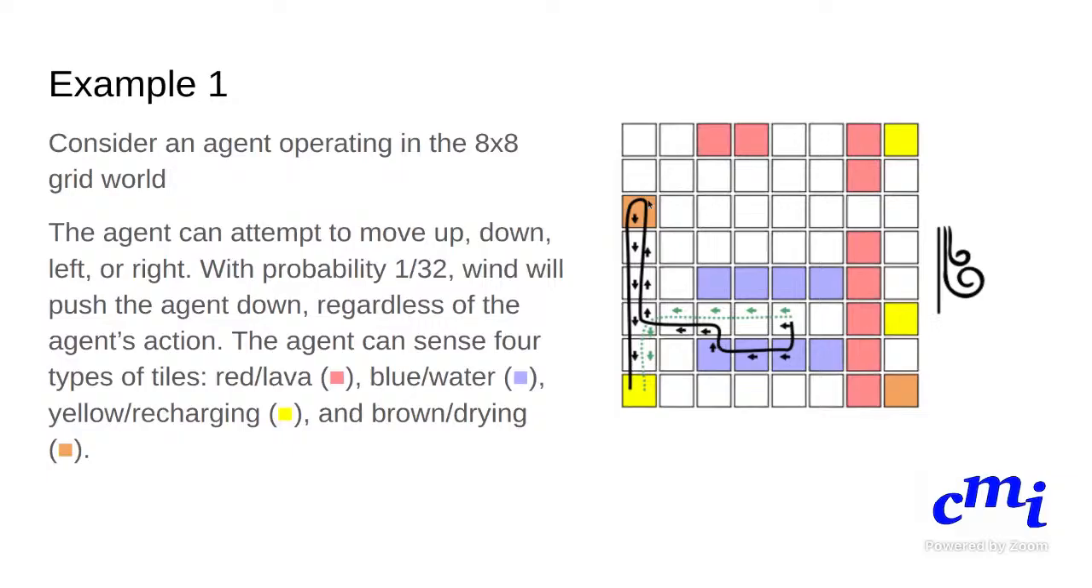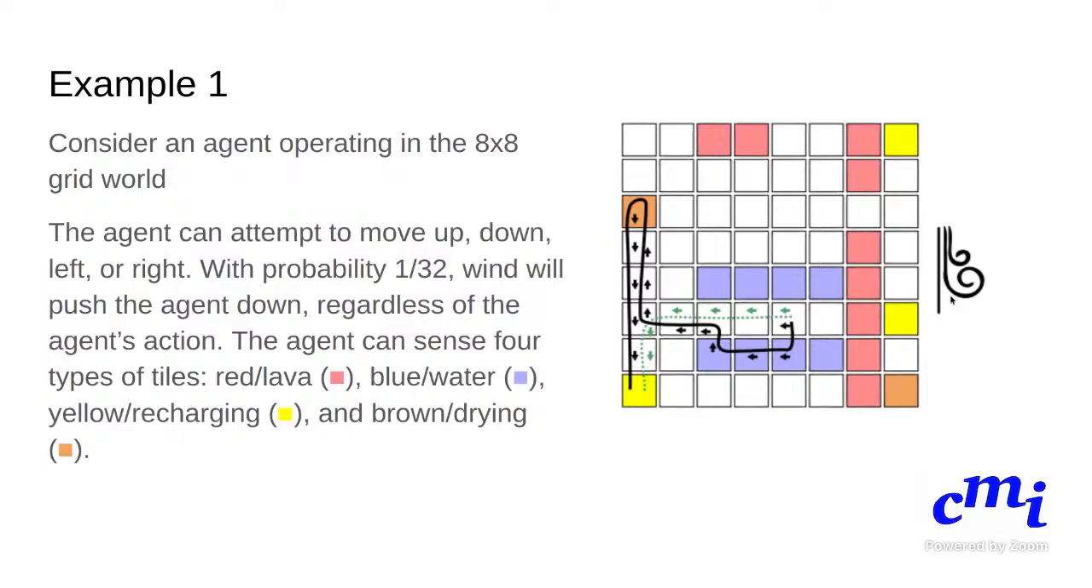So there is a brown or orange tile where you can dry yourself as an agent and reach the yellow tile eventually, once you are dry. So this is a grid world, but there is also a catch here, is that the paper smartly tries to